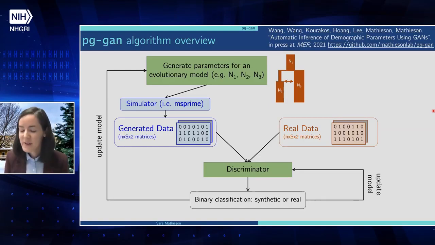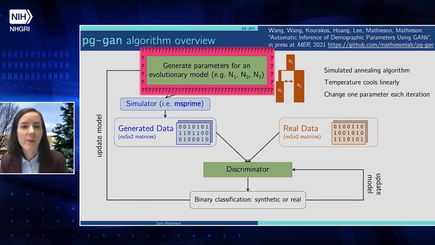So to overcome this, we actually used a simulated annealing algorithm to select the parameters that we would feed into the evolutionary model. And the idea here is that we start out with being able to rapidly move across the parameter space in terms of our evolutionary parameters at the beginning. And then as this temperature cools down, we're able to make more small refinements to our parameters until at the end, we should hopefully have parameters that generate data that is as realistic as possible and confuses the discriminator.